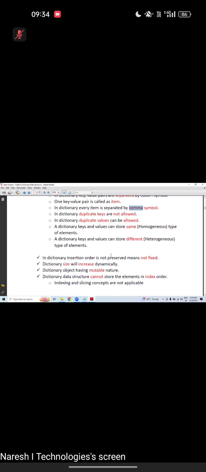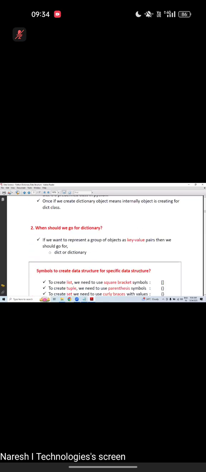The next ones: size increases dynamically, mutable nature, and it cannot store data in the form of indexing. Remember these. Now I would like to jump directly into the practical. Daniel, when should you go for a dictionary? If you want to represent the data in the form of key value pairs, then we should go for the